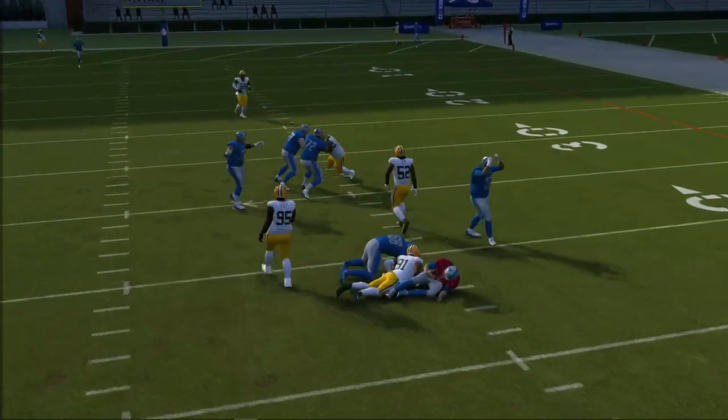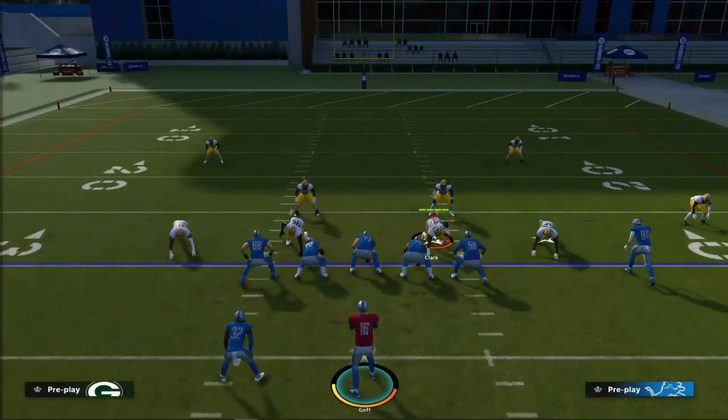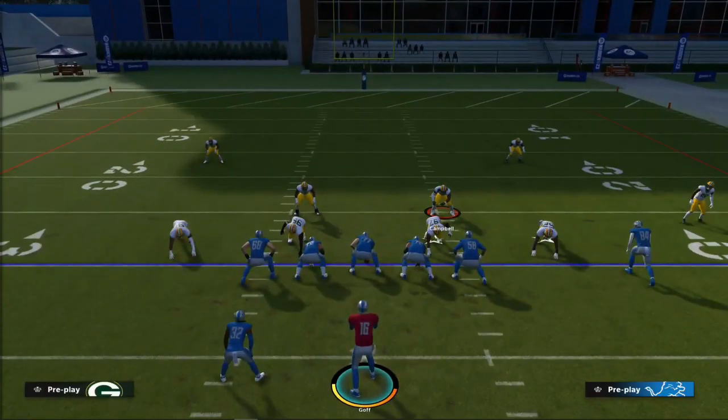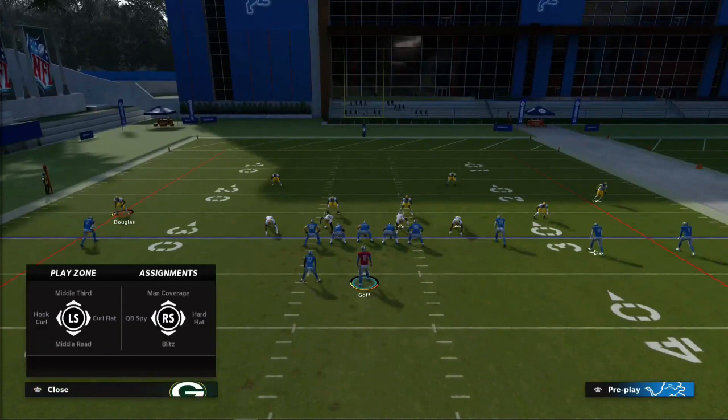So we're getting that type of look on the backside. If you really think that the X receiver is a guy that you really want to double team, if he goes vertical, you're going to take your chances that nobody's going to the flat. All right, so let's talk about cloud,